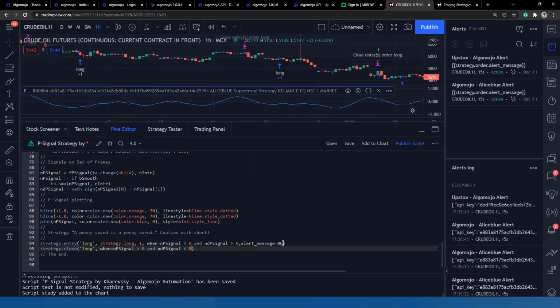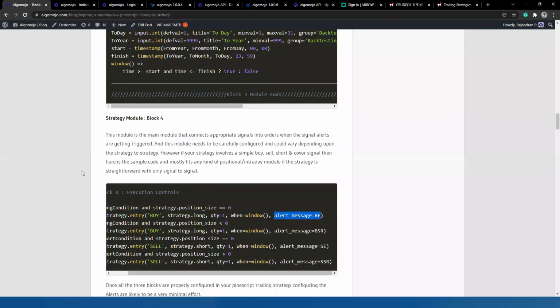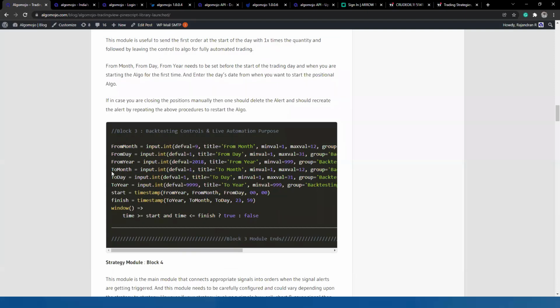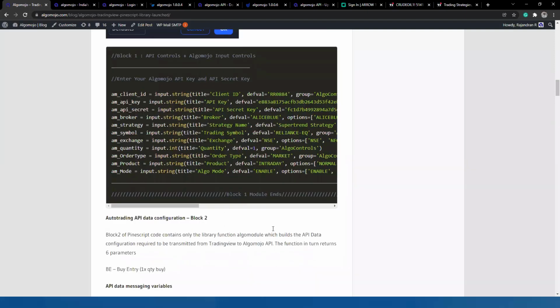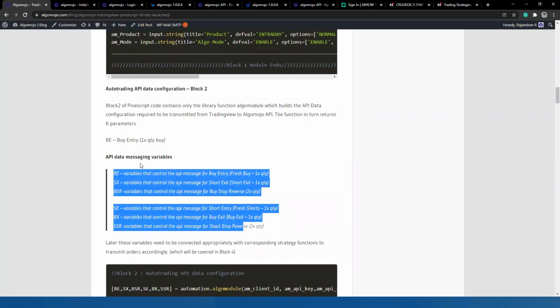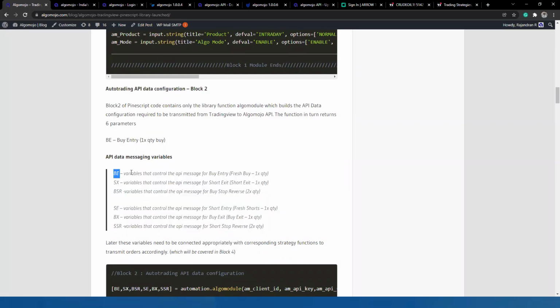So while entering I'm going to enter one time of the position, and while exiting, I'm going to say buy exit, BX. BX is for buy exit, right? So all those things you'll be able to figure out from module 2, the block 2, which contains the information about those modules. So if there is an entry signal, I'm going to call buy entry so that it always buys one time of the quantity. If there is any exit going to happen, right? I'm going to exit whatever I'm holding. So I'm going to use BX. BX is for buy exit, right? So that is what I had configured over here.